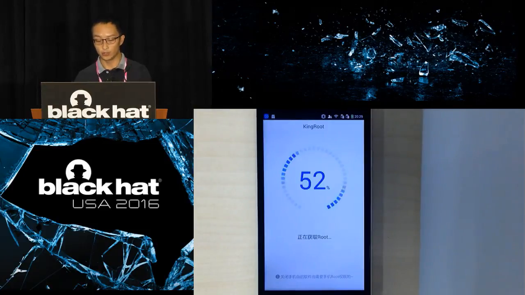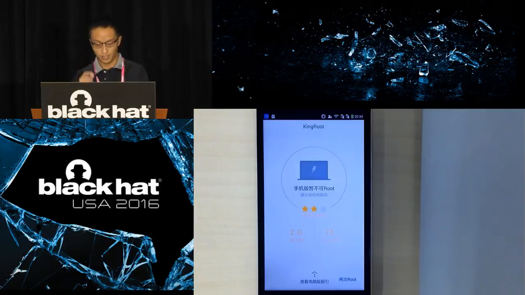It will eventually fail after all the attempts. You may think this is slow, but we have actually fast-forwarded. It actually tries a long time to find all the possible root exploits, and then it draws the conclusion that it cannot be rooted.